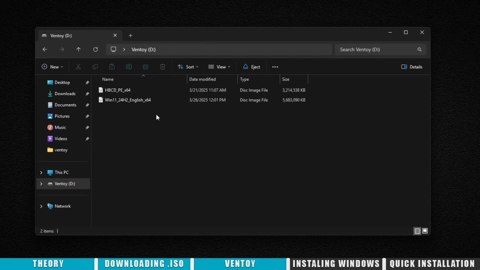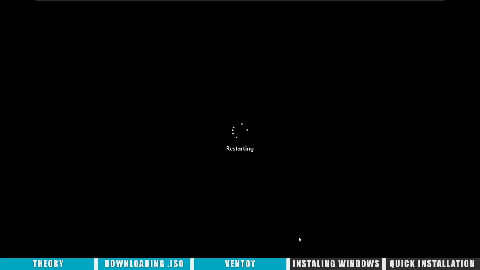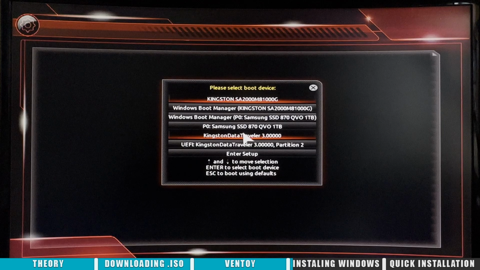Once the files are copied, insert the USB drive into the computer that needs Windows installation and start the computer. To make the computer recognize the USB drive and start the installation, you need to manually select it as the boot device. To do this, enter your computer's boot menu, usually by pressing F12 during startup. However, different manufacturers may use other keys, such as F8, F10, or F11. Watch for the boot menu prompt when turning on your device and press the corresponding key.